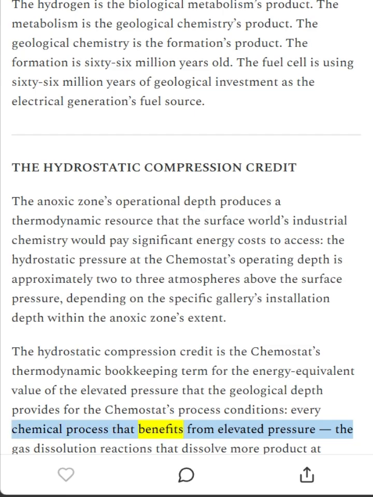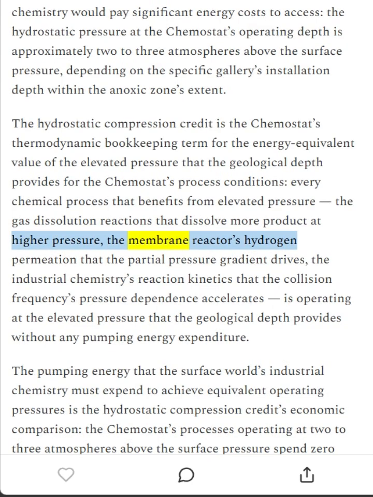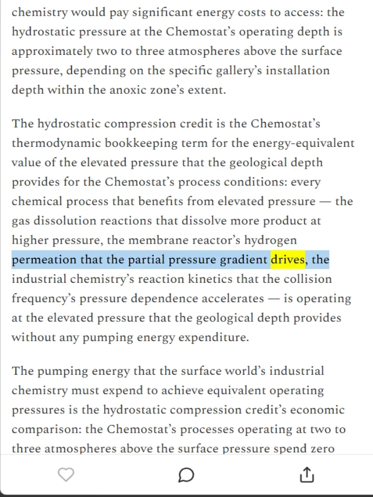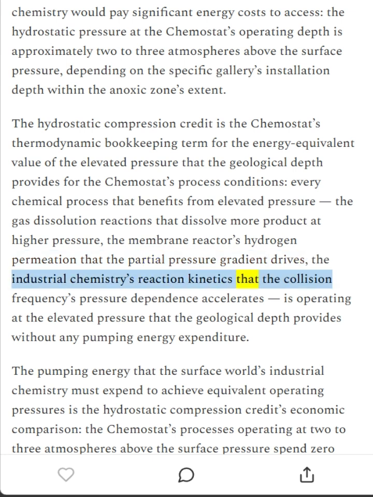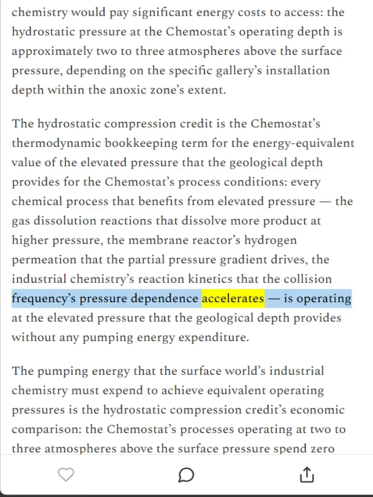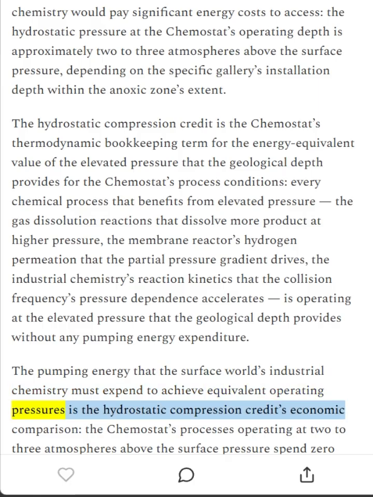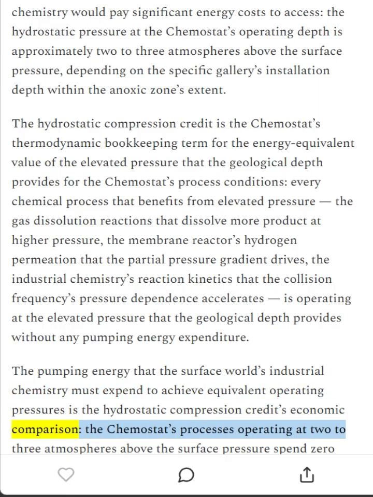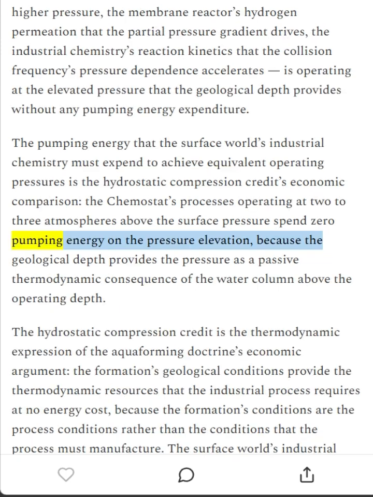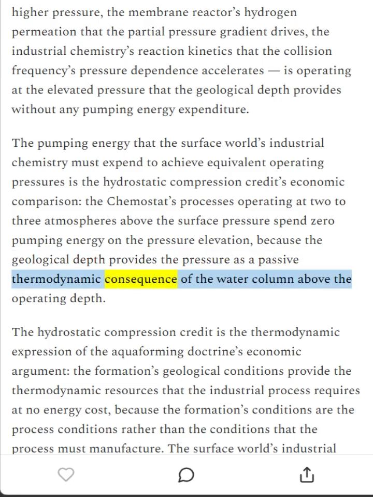Every chemical process that benefits from elevated pressure, the gas dissolution reactions that dissolve more product at higher pressure, the membrane reactor's hydrogen permeation that the partial pressure gradient drives, the industrial chemistry's reaction kinetics that the collision frequency's pressure dependence accelerates, is operating at the elevated pressure that the geological depth provides without any pumping energy expenditure. The pumping energy that the surface world's industrial chemistry must expend to achieve equivalent operating pressures is the hydrostatic compression credit's economic comparison. The chemostat's processes operating at 2 to 3 atmospheres above the surface pressure spend zero pumping energy on the pressure elevation, because the geological depth provides the pressure as a passive thermodynamic consequence of the water column